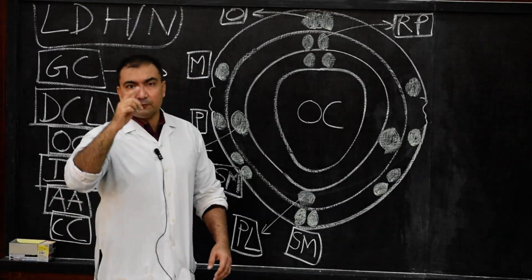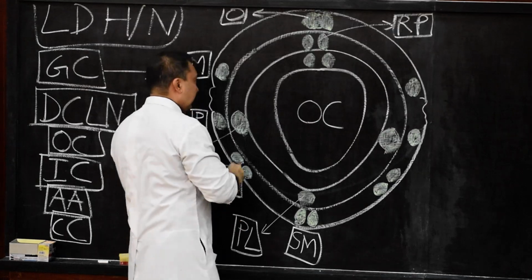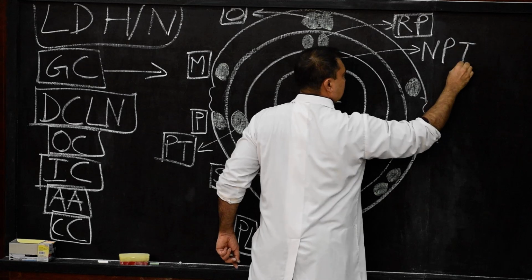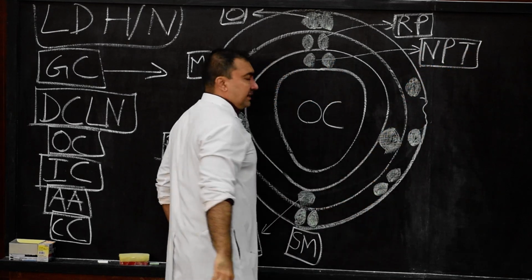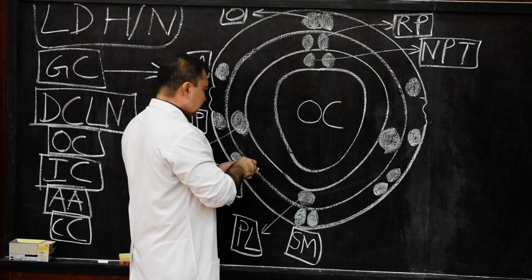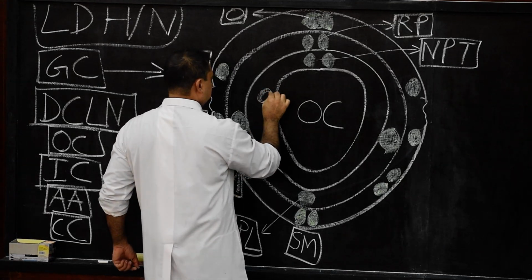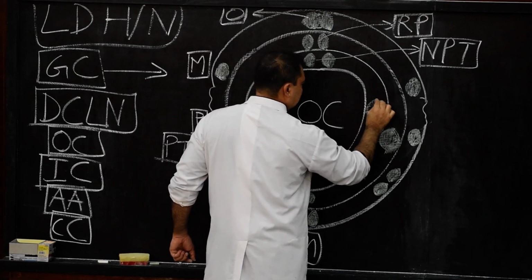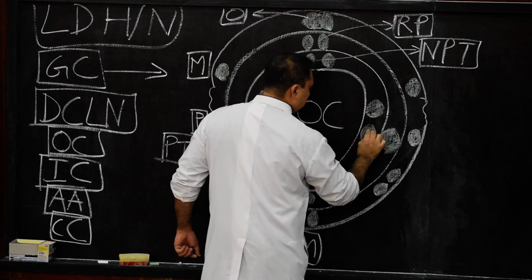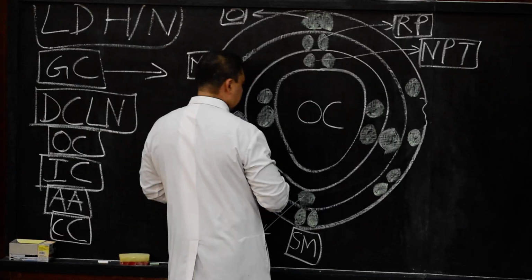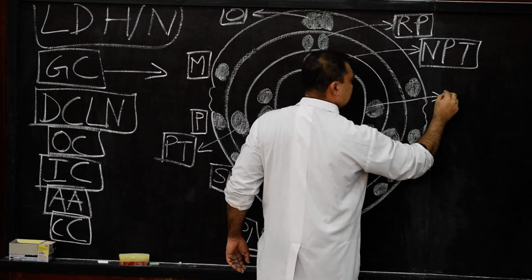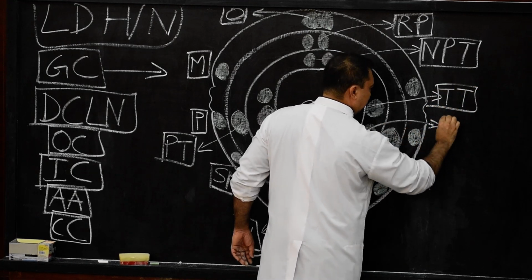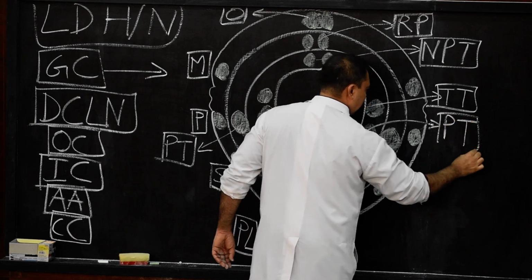there will be a collection of nasopharyngeal tonsil. So here we can name this as nasopharyngeal tonsils in the deep and roof portion. Then we can show on the sides a collection of the palatine as well as tubal tonsils. So here we can show them as the tubal tonsil as well as palatine tonsils on the